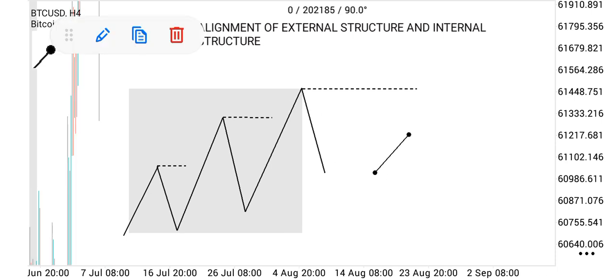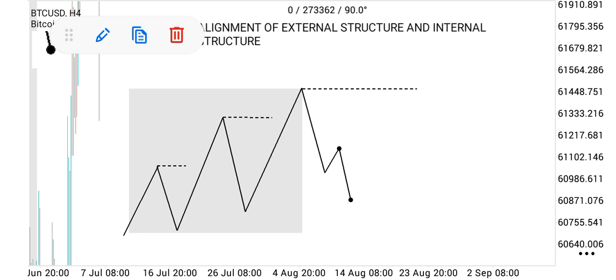On our lower time frame, we want to see the market give us a change of character, which signifies that the market is trying to align with